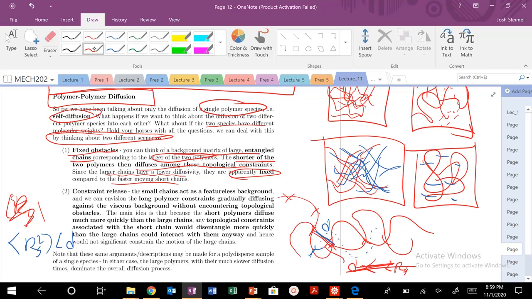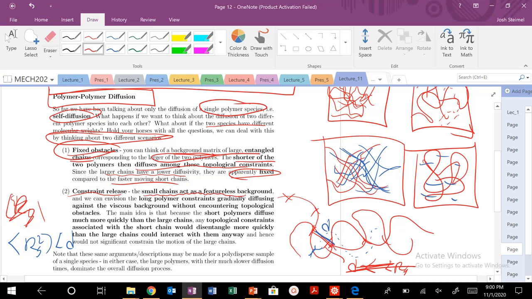And thus, your larger chains are going to appear to be fixed, and they're going to be your rate limiting step. They're going to diffuse very, very slowly. So that's looking at it from this perspective of fixed obstacles. You can also look at it from the perspective of these large polymers as well. So constraint release. So for a large polymer, or very, very long polymers, the small chains are going to